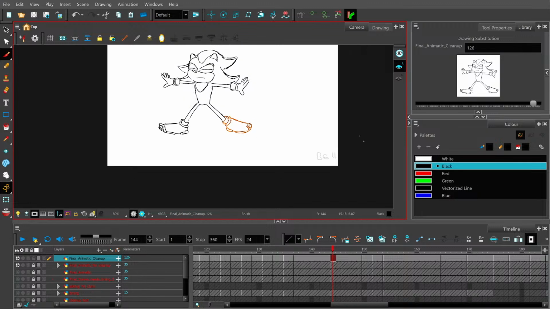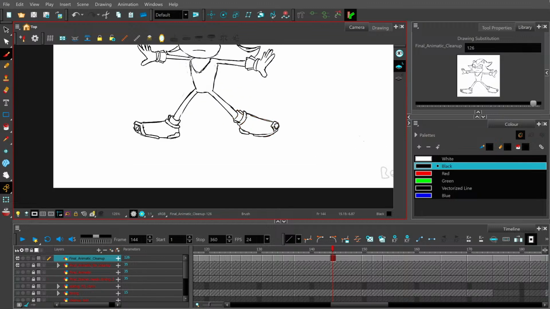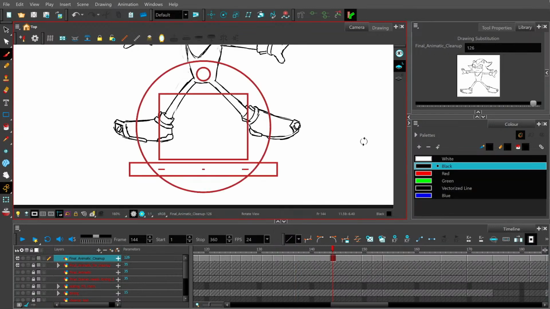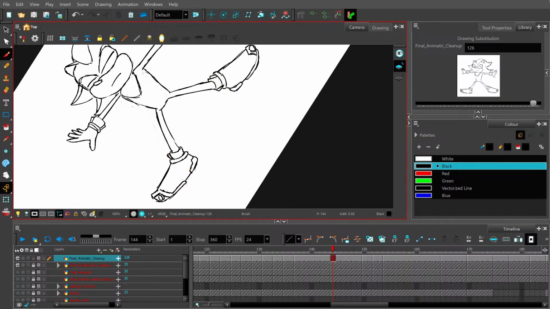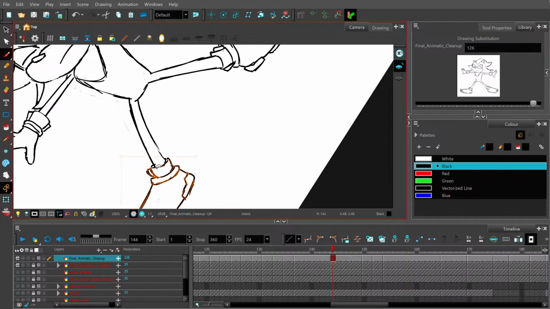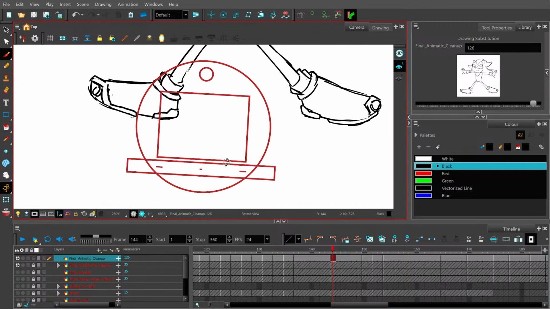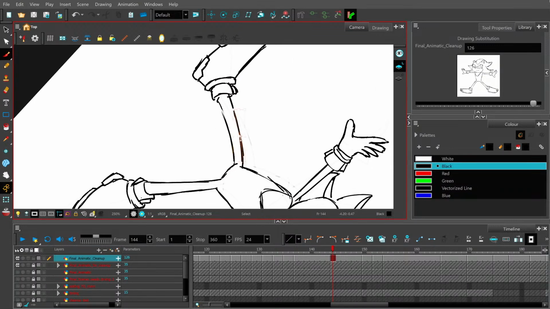Because when he's really thrusting out, you know, seeing something else that I'm just gonna change on the fly just to see how it looks. I'm gonna give these feet